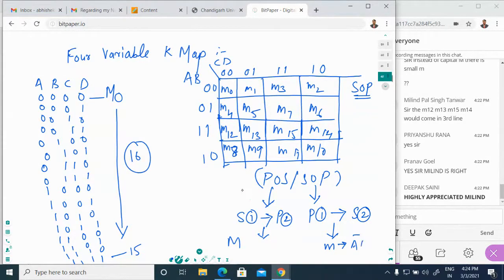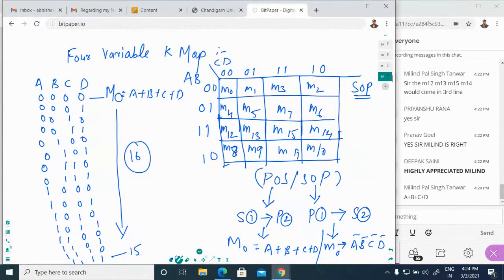Okay, this is A bar, B bar, C bar and D bar, but in this M0 case you have to use A plus B plus C plus D. You have to perform the summation first, then you have to multiply. So A plus B plus C plus D. Yes, this capital M1 can be represented by A plus B plus C plus D bar.